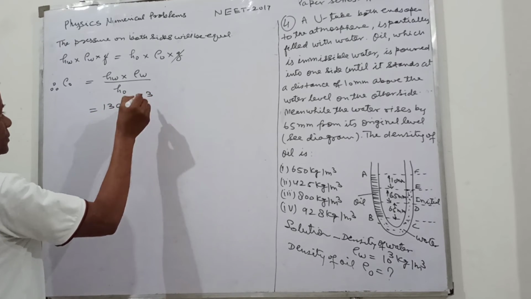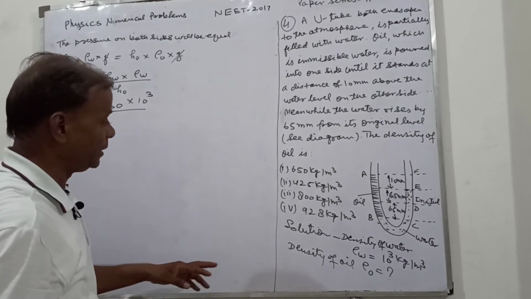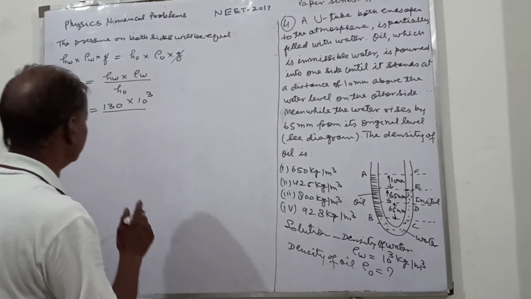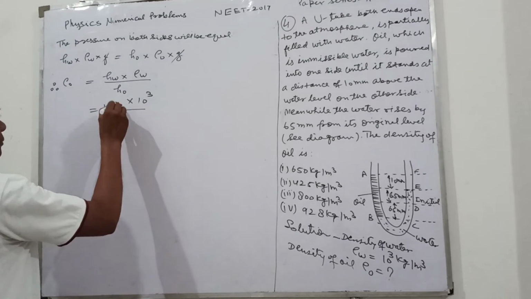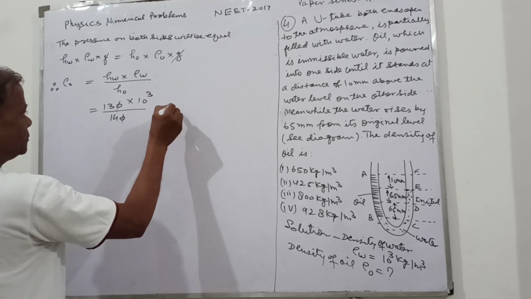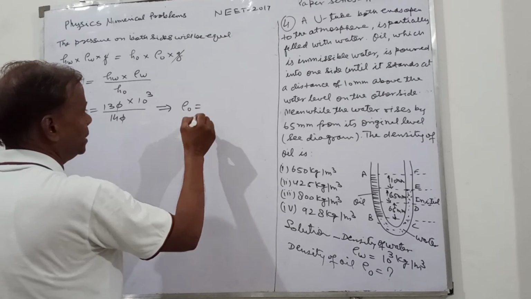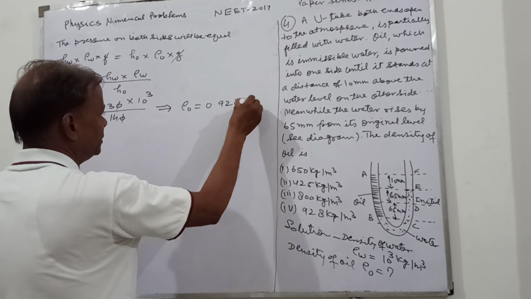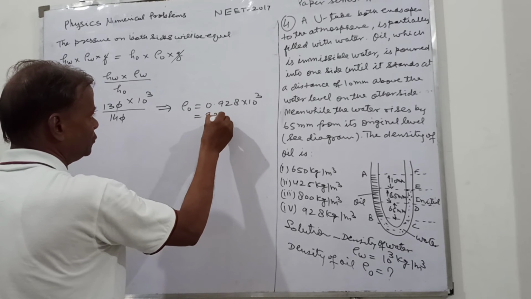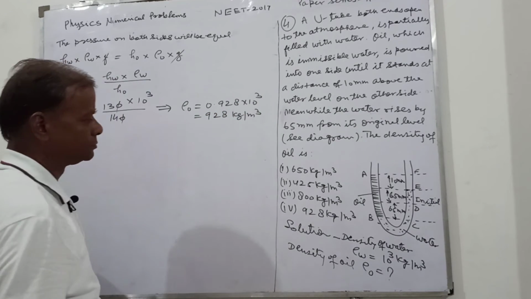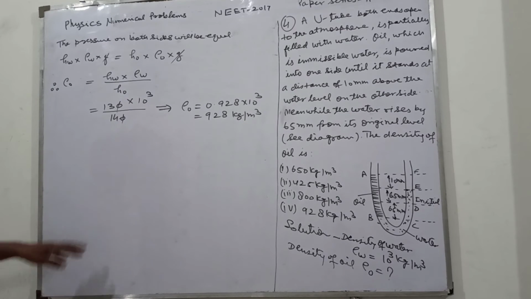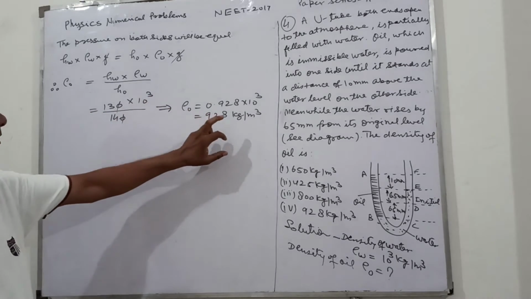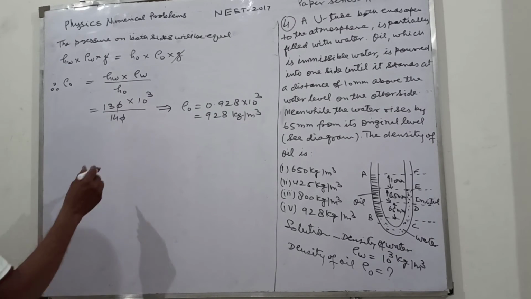And the density that we know, this is 10 cubed. And that of oil, the oil level is so much: 130 plus 10, this is now 140. Then you cancel this one. So this will give you rho oil equal to 0.928 into 10 raised to the power 3. So this is your 928 kilogram per meter cube. 14 nines are 126, this is now 130, 126. This will cancel by this line. So our right answer is